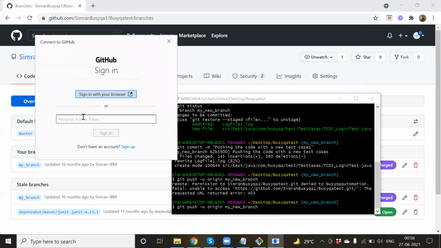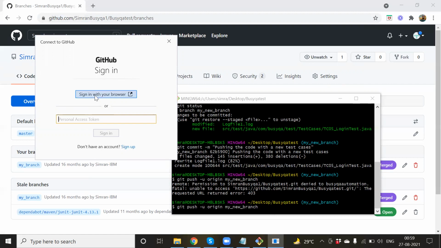Yeah, so now it is asking you to sign in through the correct username. It is asking me for the personal access token. This one is very simple actually. A personal access token is easier than creating an SSH key. If you have seen a video where you were trying to create an SSH key, there's an alternative so you don't have to go through the pain of creating an SSH key. What you can do is very easily create a personal access token for your GitHub repository account.